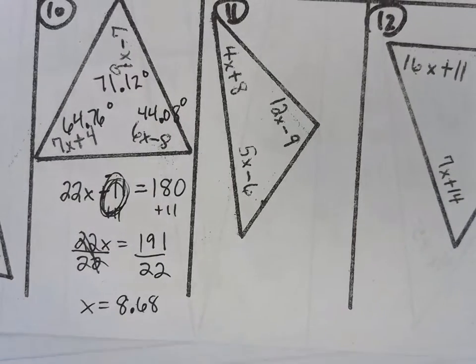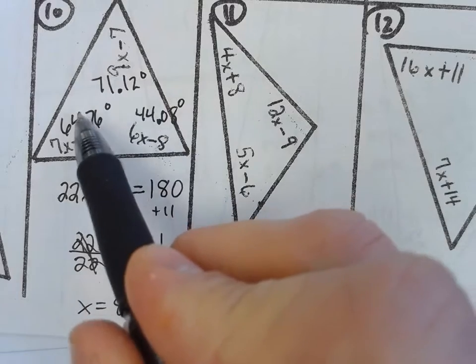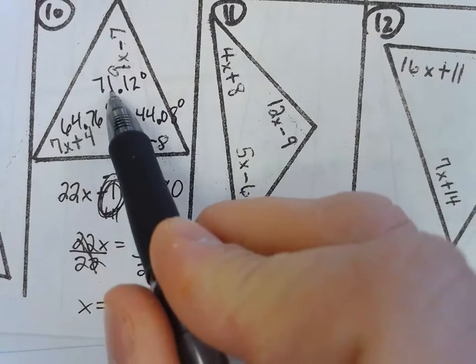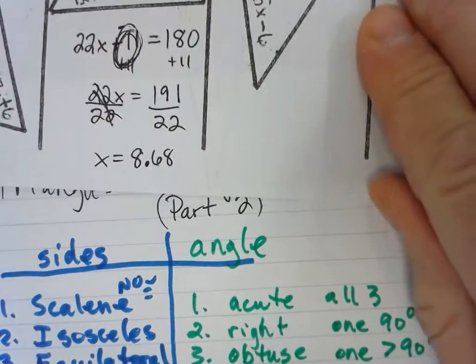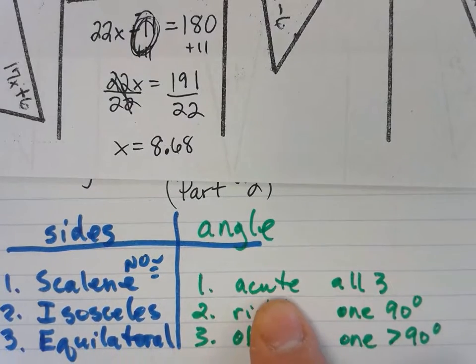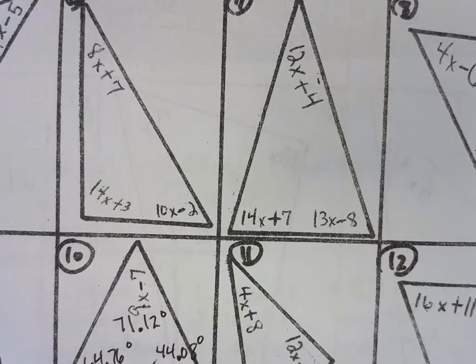Now, let's look at these. Are any of these angles right here right angles or any of these obtuse angles? That's less than 90, that's less than 90, that's less than 90. So since they're all less than 90, that means that is going to be acute, okay? So I got acute,